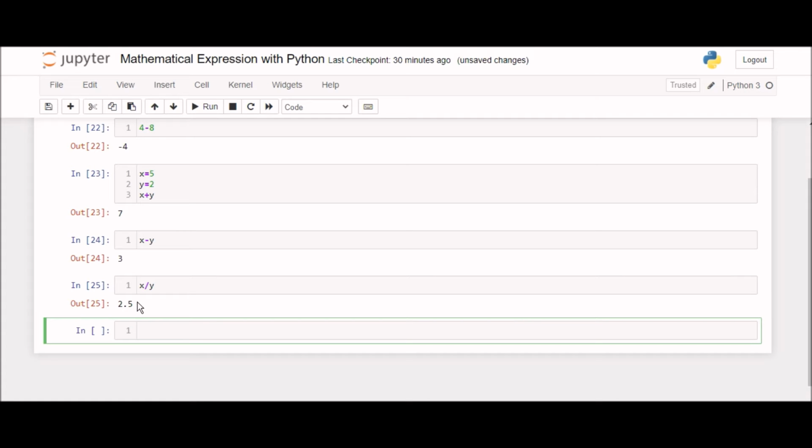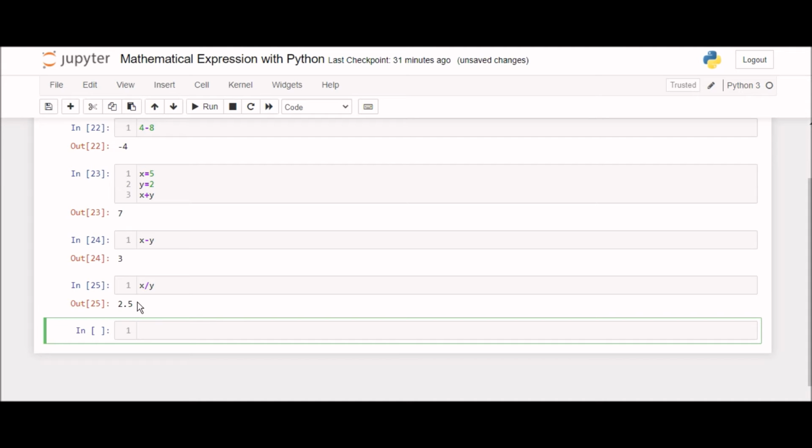They all are floating point numbers. Here it gives the divide value as well as the decimal part also. 5 divided by 2 is 2 without decimal, and with the decimal part it is 2.5.